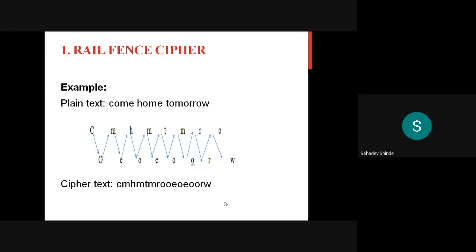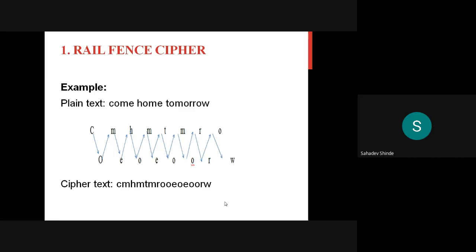We can increase the depth of the rail fence technique, no problem. You can go 2, 3, 4, 5, 6 and so on, so that you can increase the complexity level of the algorithm. But for understanding the rail fence technique, just consider the depth to be 2 here. This is one MCQ question: the number of rows equals the depth of this rail fence cipher.